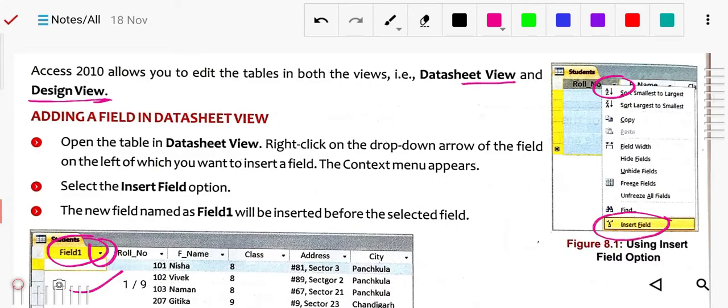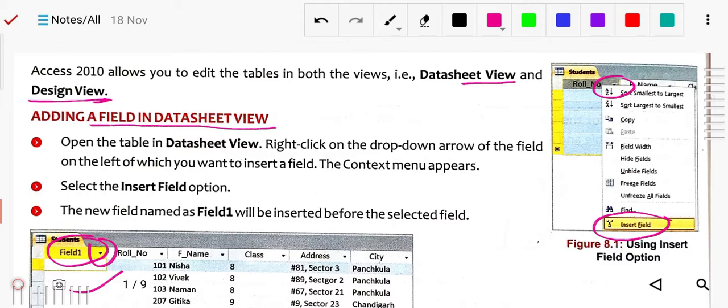Then when you click on Insert Field, a field named Field 1 will appear, and that particular column will be inserted. Okay, so likewise you can do. This is adding a field in datasheet view.